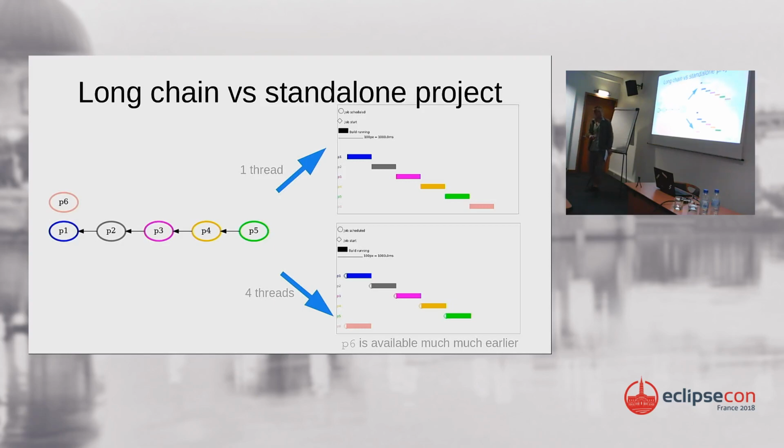If you get to parallel world, then the build chain will not build all at the same time because there is the dependency management. And P6 will just be scheduled immediately, and you will get results almost immediately, but upon completion. So you could start working on the next steps of P6 while the rest of the builds are running, which is not the case with a sequential build.